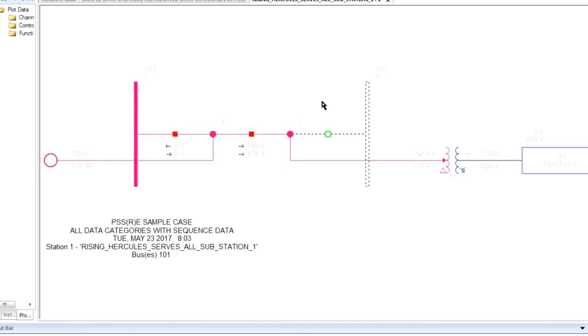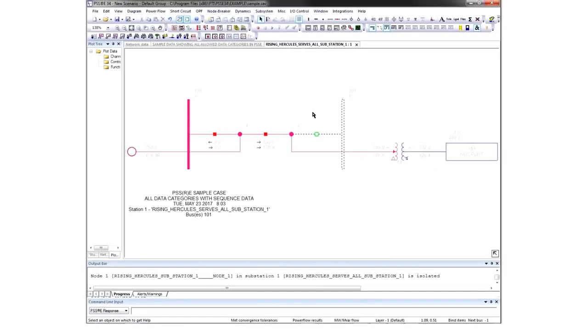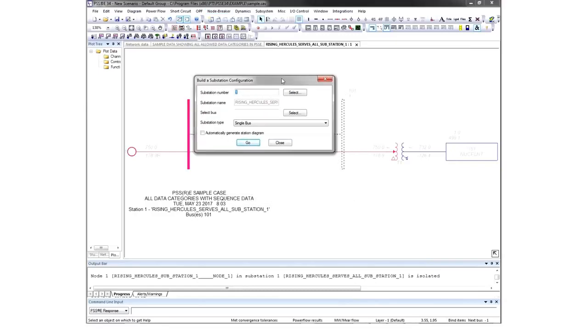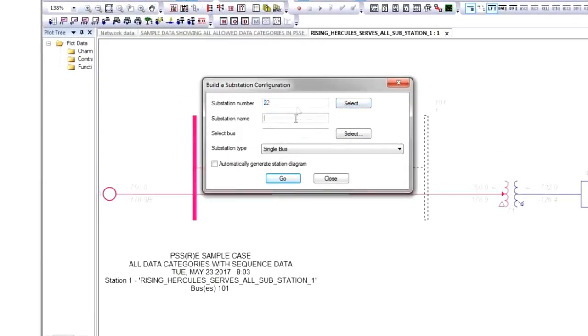connected to terminals. There are several ways to populate data for breakers. In general, the industry is moving toward node breaker topology for transmission and operations planning applications. It's important to understand PSSE supports this topology in an intuitive way. With node breaker, you can use an automatic substation generator. You can generate the configurations for a substation by giving it a number, a name,